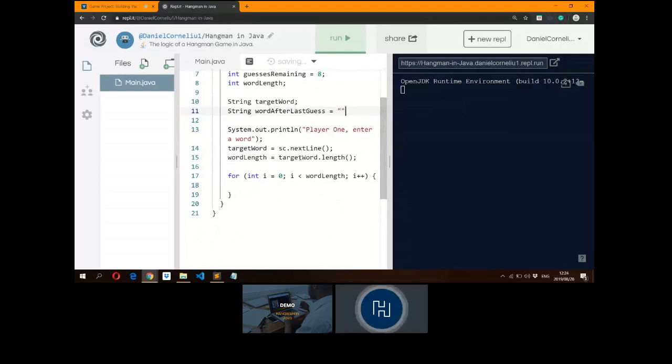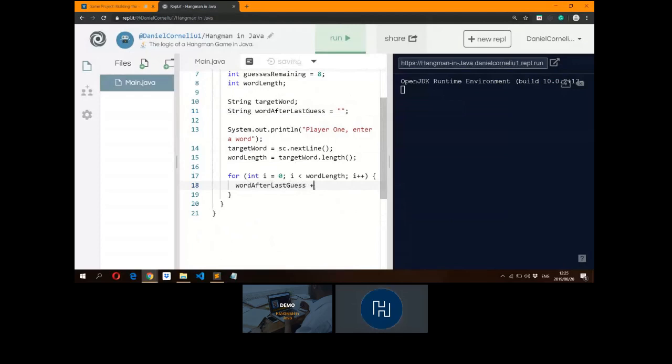And I'll assign it an empty string value. And this is because we'll be modifying this string. So we have to create a place in memory for it so that we can add a new value to it on each loop. So the way this looks is we have word after last guess,